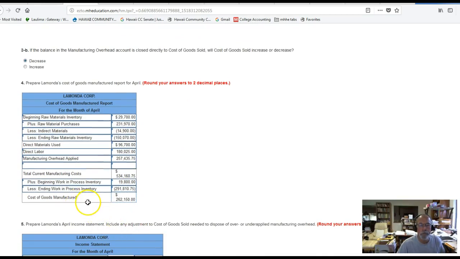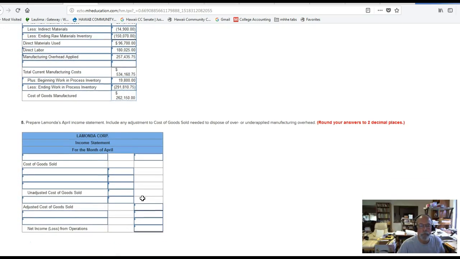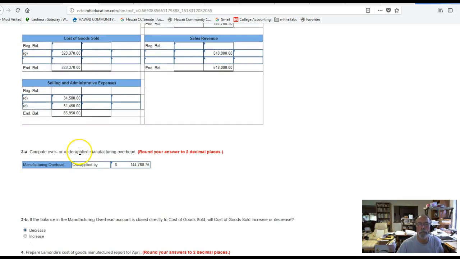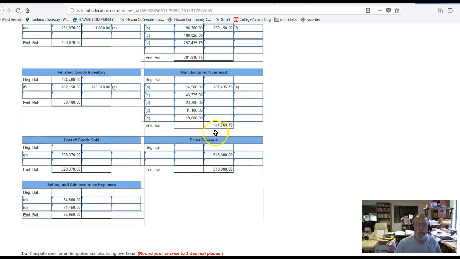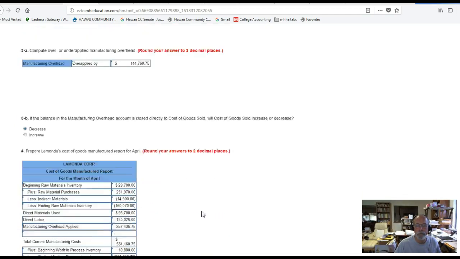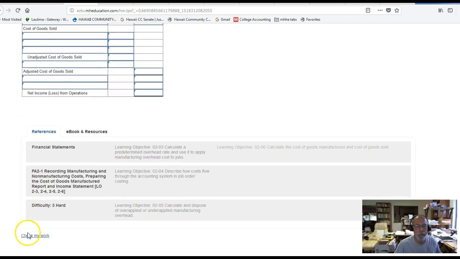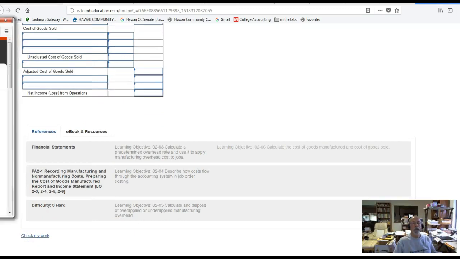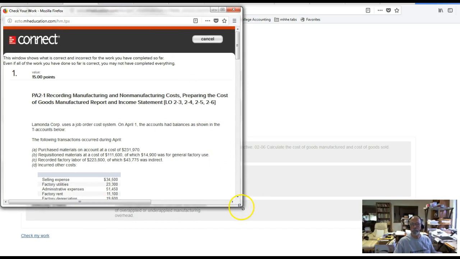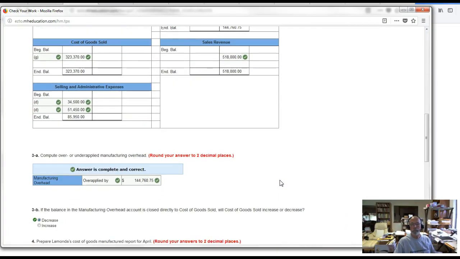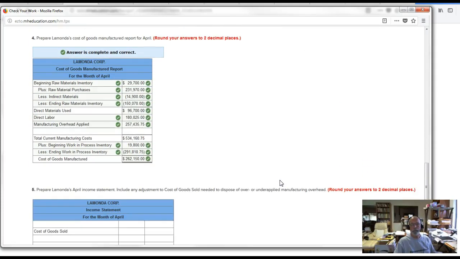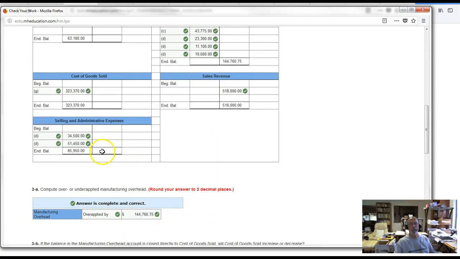This amount, cost of goods manufactured, should be the amount of our cost of goods sold. And I'm thinking that because we had over applied inventory, it's going to work out for us. So let's, well, I guess the first thing to do would be to check my work. And let's see how that looks. Okay, so we're okay. According to the check my work, cost of goods manufactured is 262,150. And again, what I'm saying is that this 262,150 should basically be our cost of goods sold, since